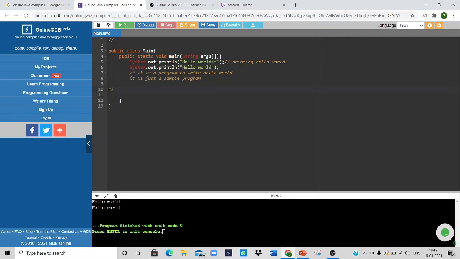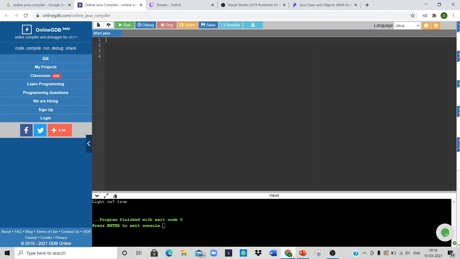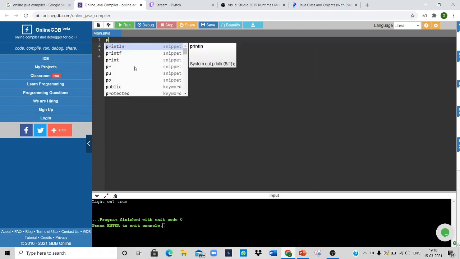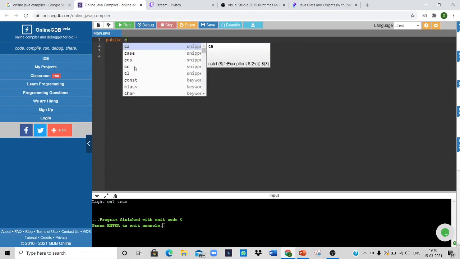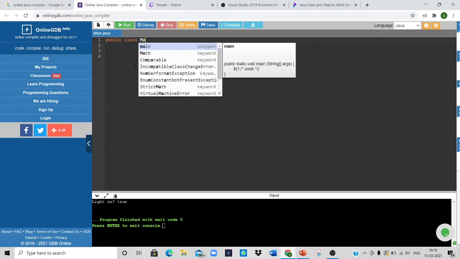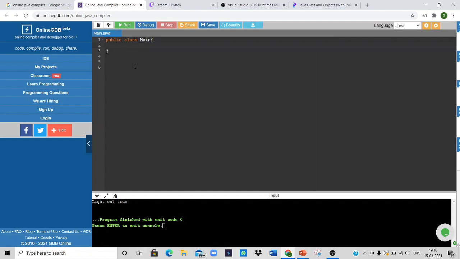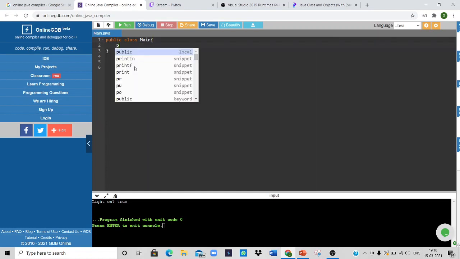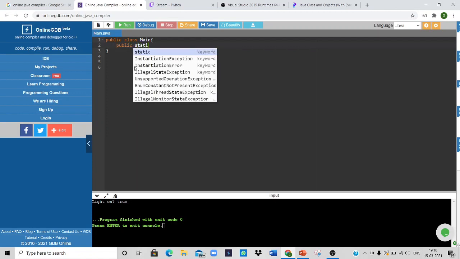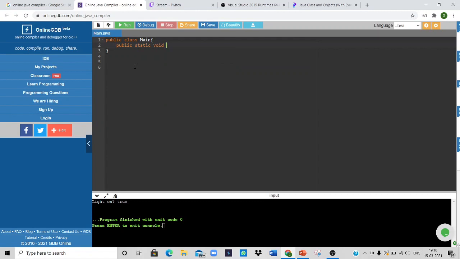Okay, let's get into the next topic. Now we'll see a very simple example to know what a main class and a subclass are. For that we'll start with the class name: public class. As the main class name and the file name are equal, our program is correct. Public class Main, and within that the first one is the main method: public static void main. This is our main class.